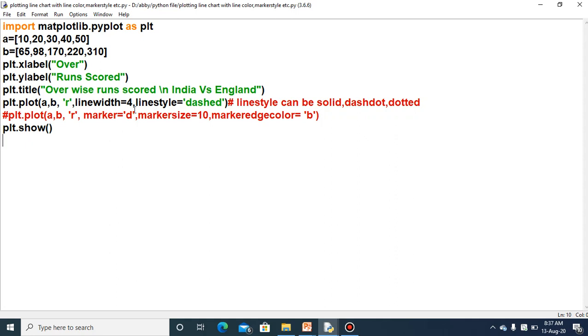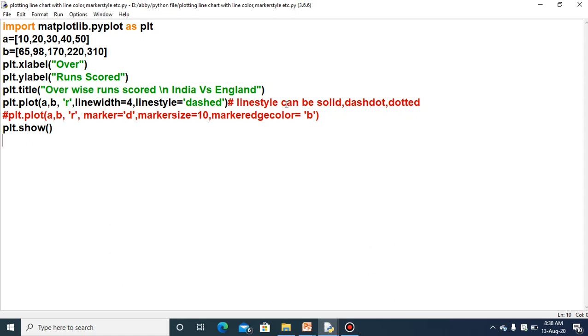If you want to see the different line styles, you can refer to the book for the different values for the line style, as I have mentioned dashed here. As a comment I have written, the line style can be solid, it can be dash dot, or it can be dotted. I will tell you how these other line styles can be changed.